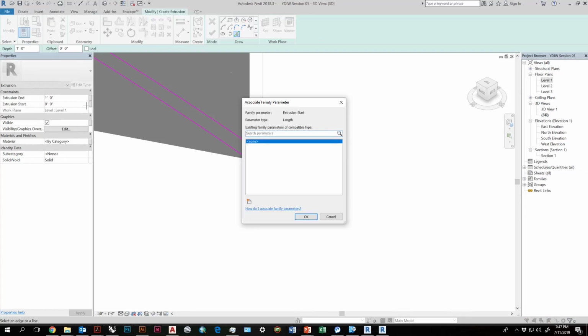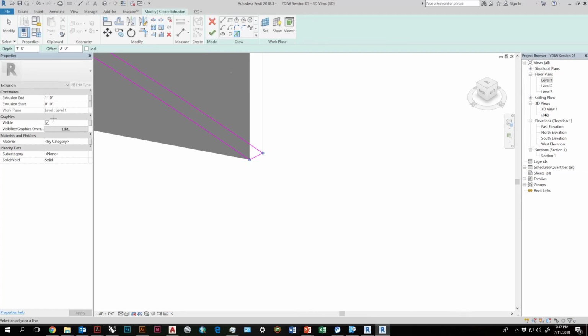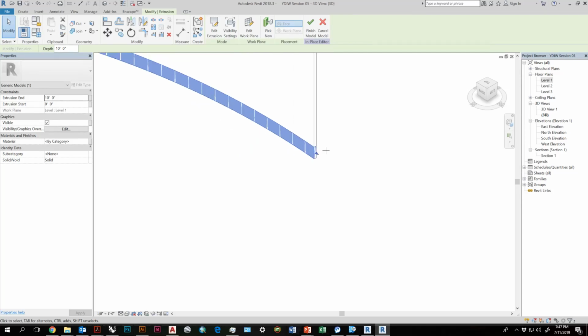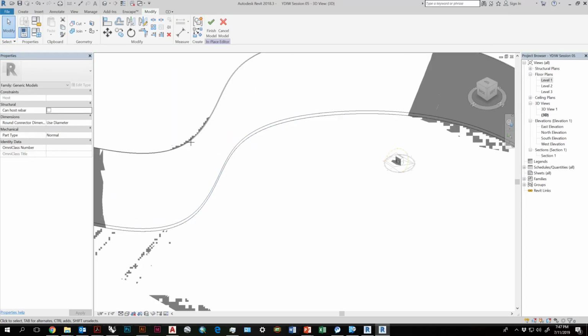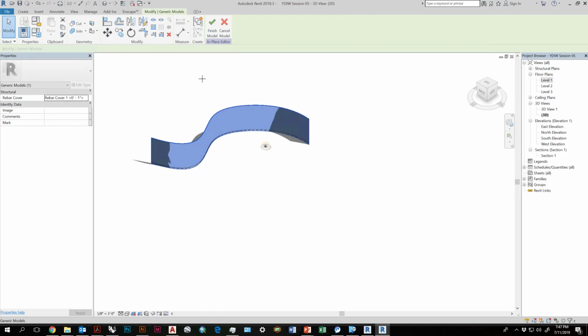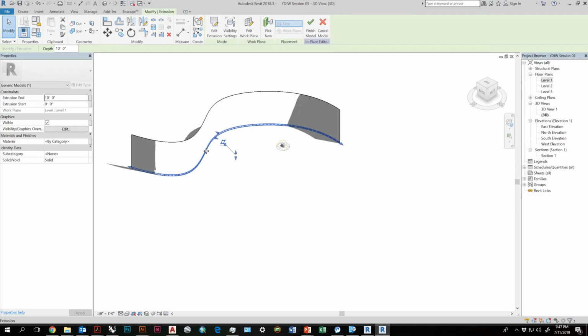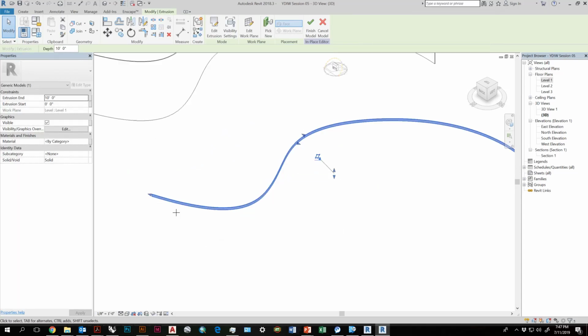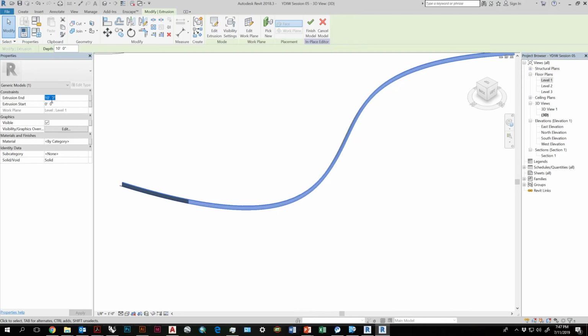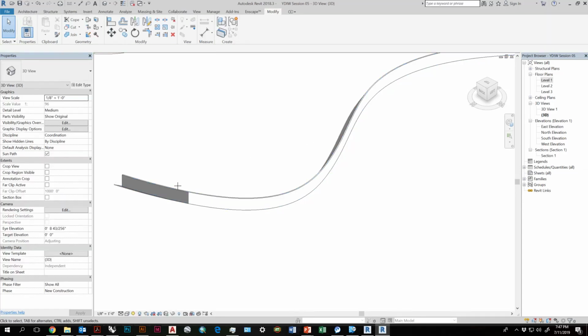Extrusion start and end. It's going to start at 0, and it's going to go up. Let's say 1 to go to 10. We're going to hit the check mark. Now we've got a version of the wall that is the same shape as the Rhino object. I'm going to move that wall over here. And let's make it taller. Let's make it 30 feet, just so we can see it. I'm going to finish model.